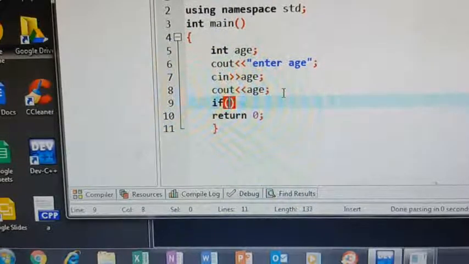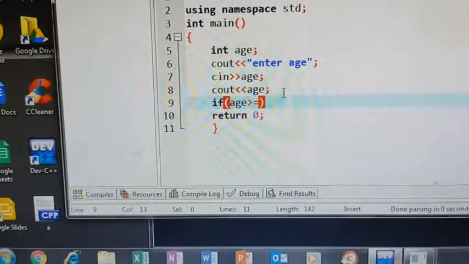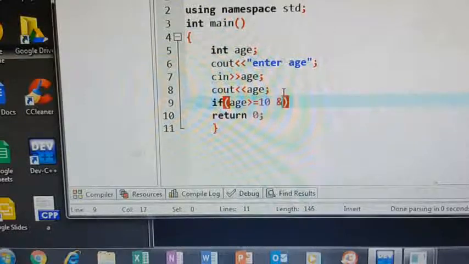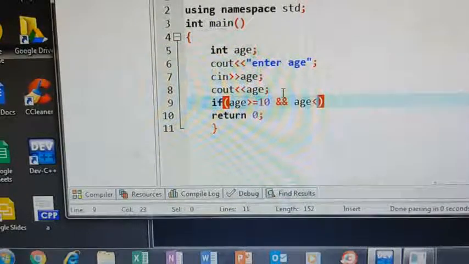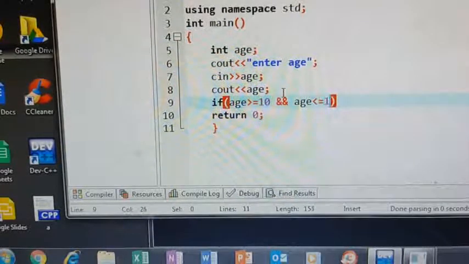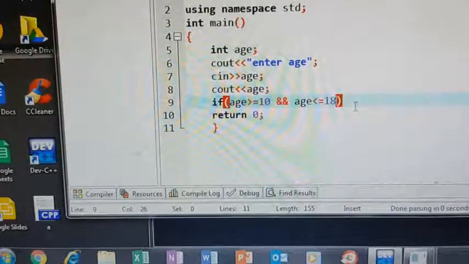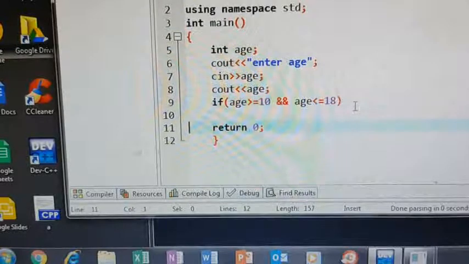If age is greater than or equal to 10 and age is less than or equal to 18, then what should you print if this condition is true? Again I am writing one more condition.